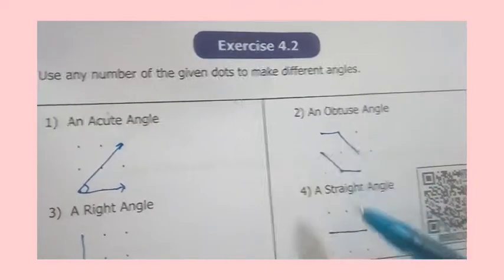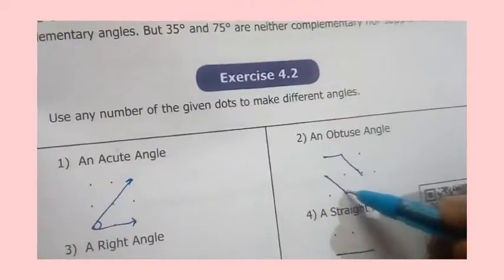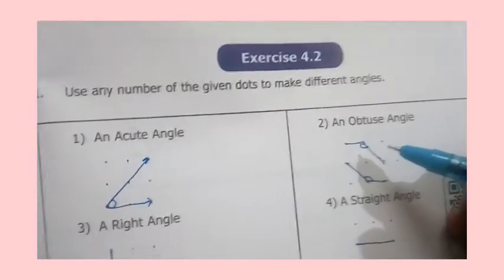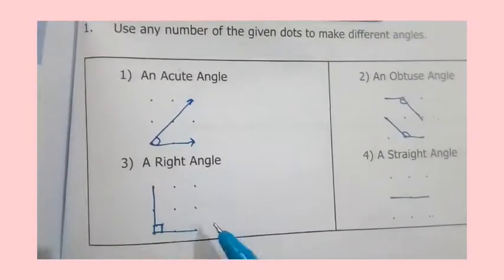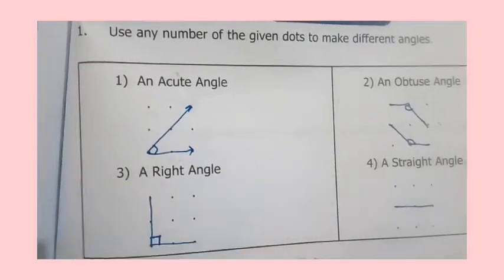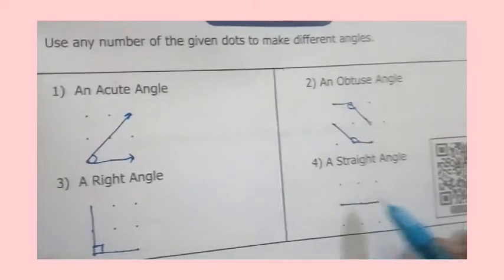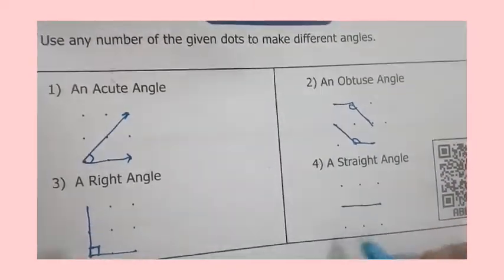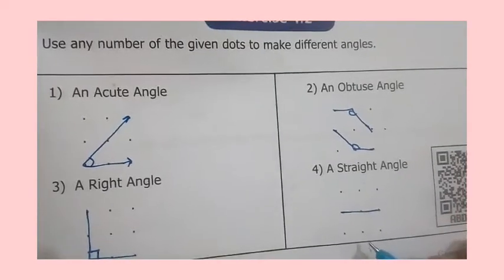Here an acute angle is formed, and here too it is an acute angle. You can draw any one. Right angle means it is an L shape; the L shape is the picture to keep in mind. A right angle looks like an L. Next is a straight angle. Anyway, you have to draw one straight angle, like this or this or this.